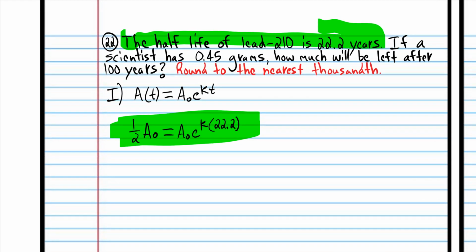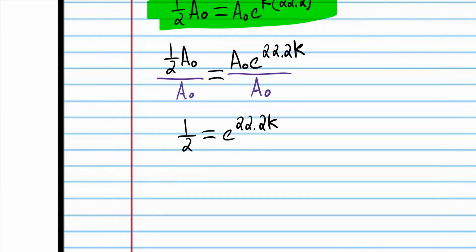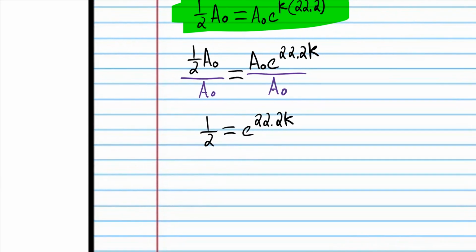But now notice what we can do. We can just divide both sides of this equation by A0 and just get rid of the A0. Sorry, my computer's going kind of slow. Divide both sides by A0, and then we have 1/2 equals e to the 22.2 k. Okay, so now we need to solve this basic exponential equation,